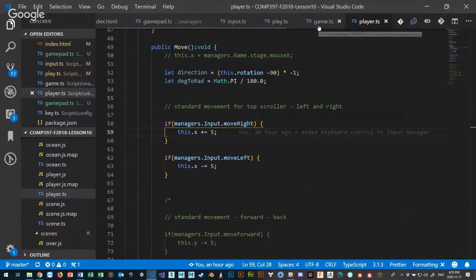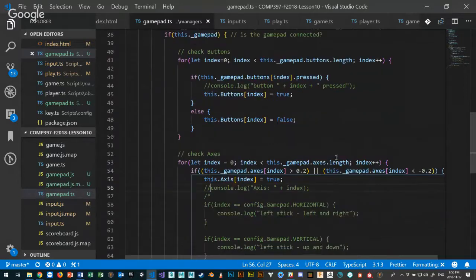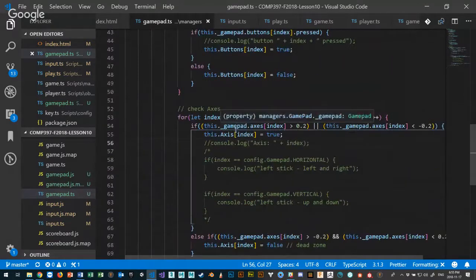Wait a minute. So this gives me 0 and 1. And if the index is horizontal or vertical. Horizontal or vertical. And then depending on if the gamepad axis index